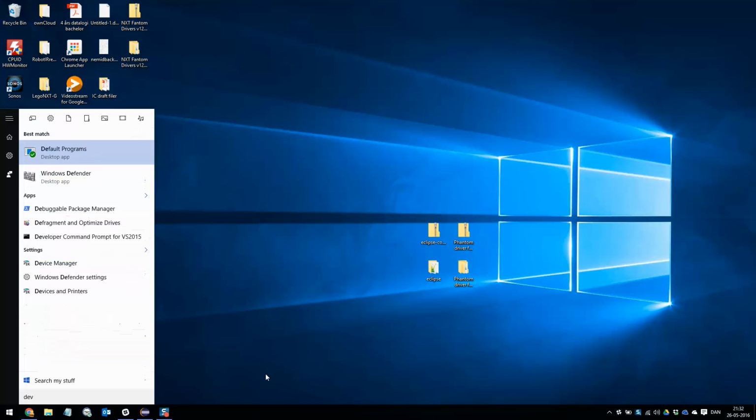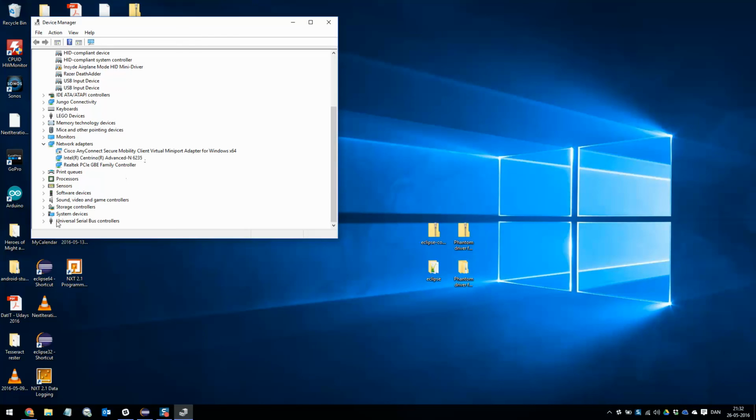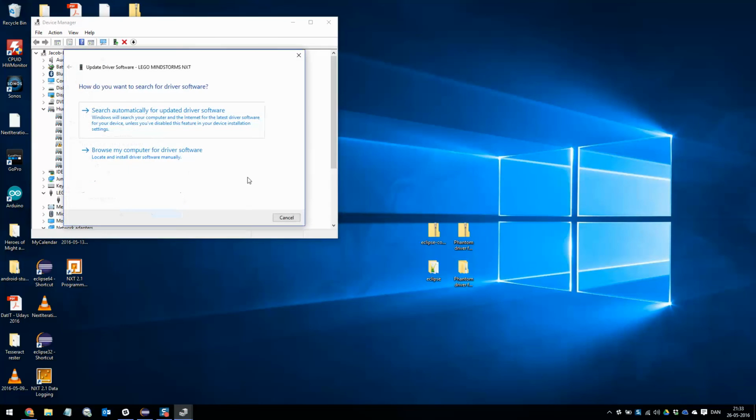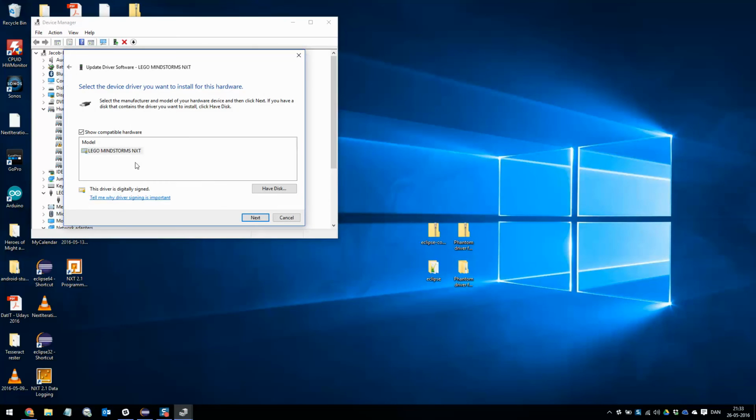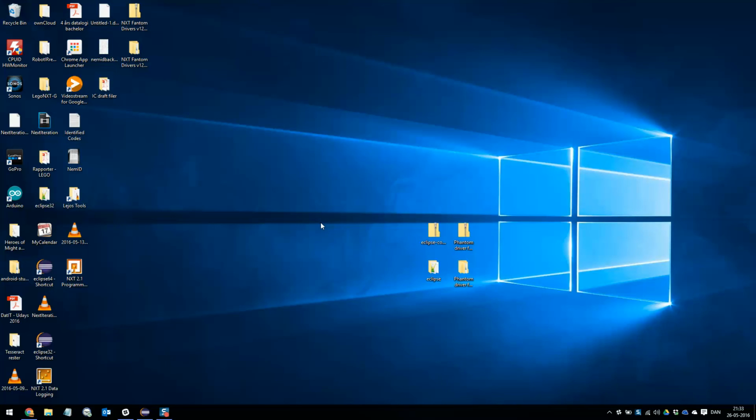If you have issues with drivers, you might have an issue that the NXT is in clicking sound mode, and you can flash it. That is because the driver that Windows has installed automatically is wrong, and you need to do as this video shows. You need to go and install the Lego driver instead of the Arduino driver. This is a common issue if you have worked with Arduino before, that Windows recognizes the NXT brick as an Arduino and you need to go and change the driver used for interfacing with the NXT.